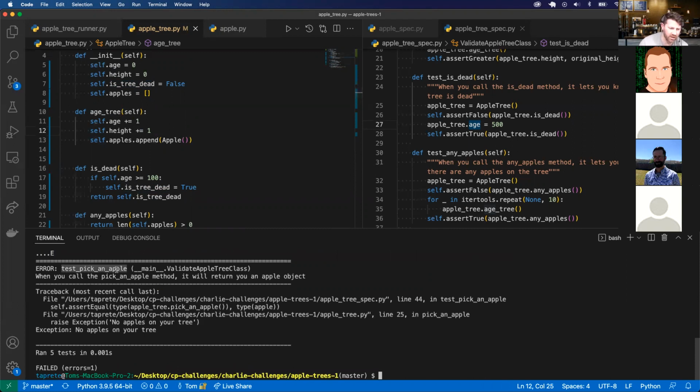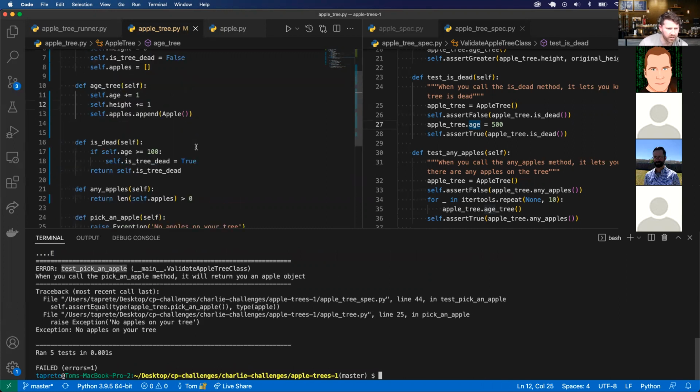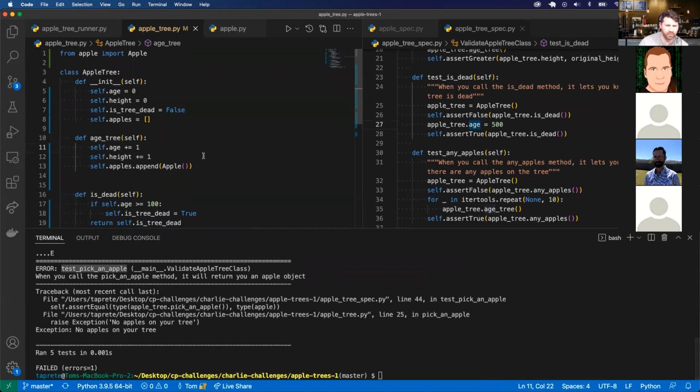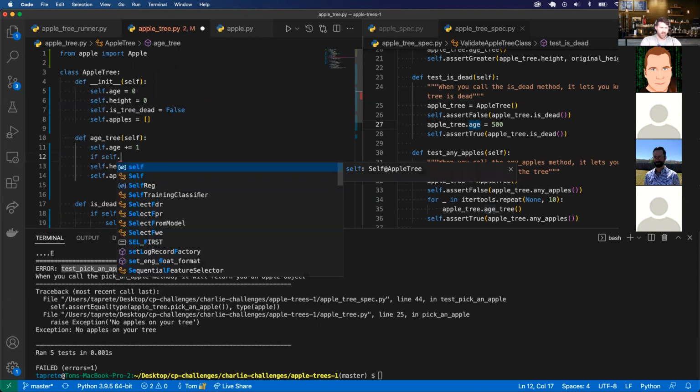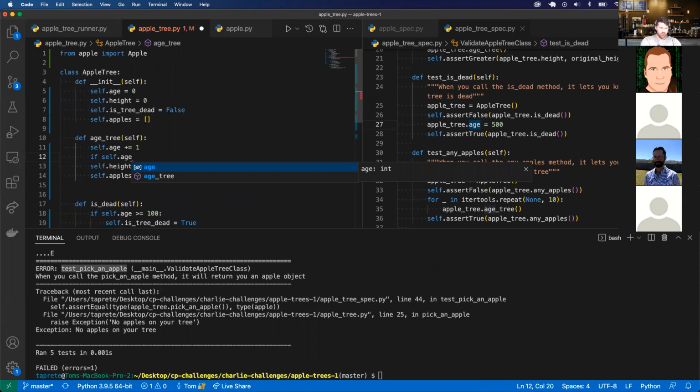All right, it looks like that worked, but pick an apple might not work. All right, but with age tree, we can say, hey, if self.age is greater than or equal to,